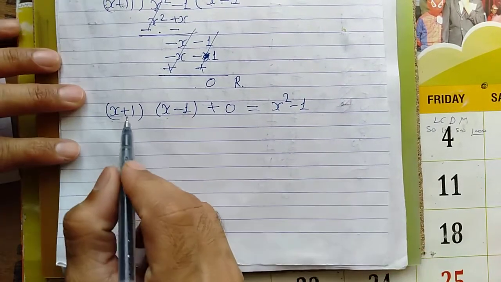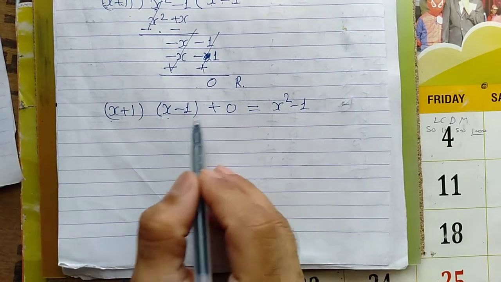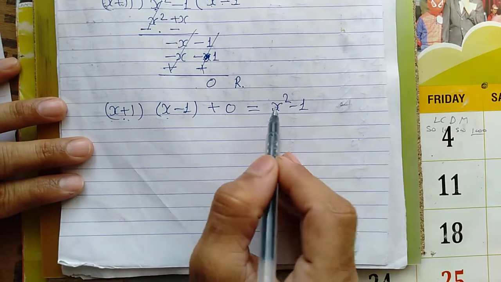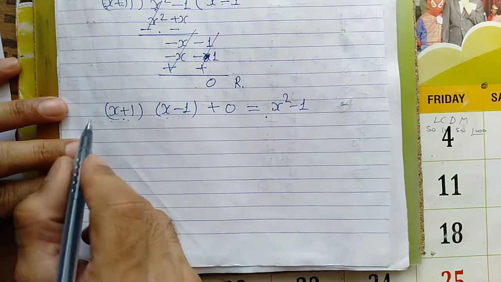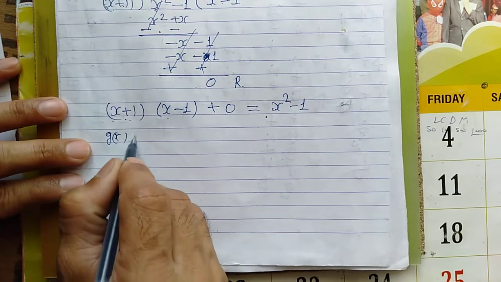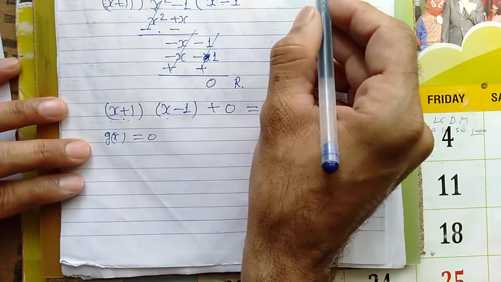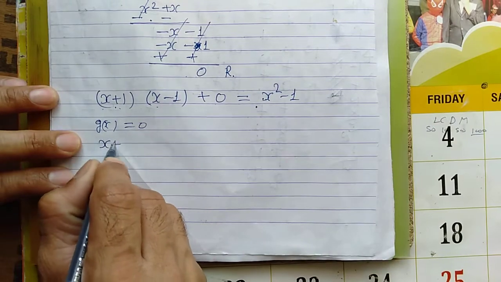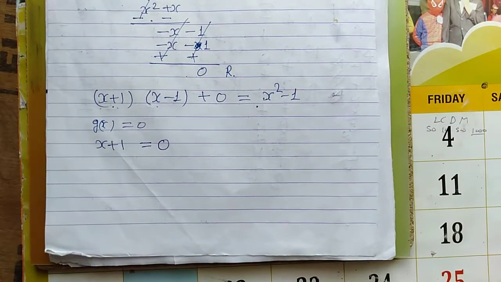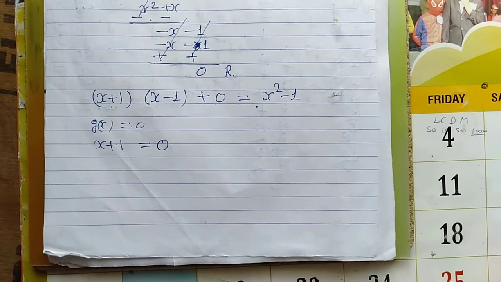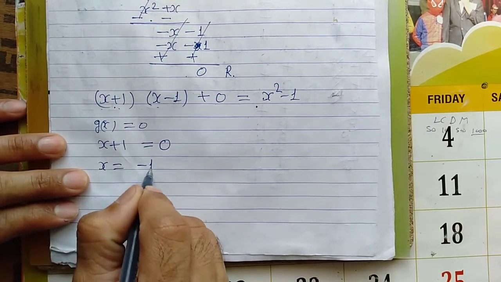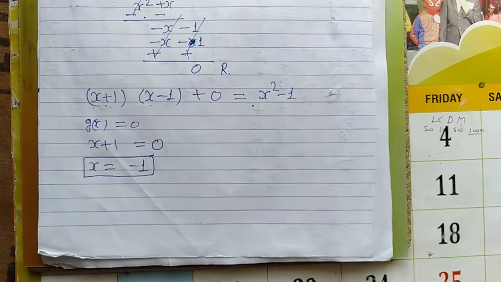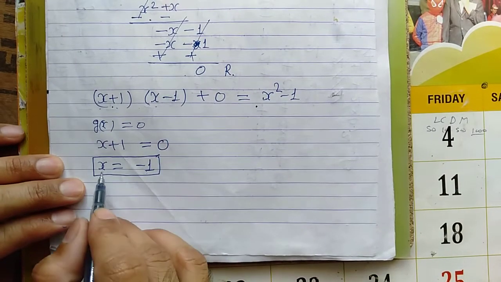Now see, as we know the remainder is 0, these are the factors. Now find the zero of this one and put it in. If 0 comes, then it really is a factor, so here we will take g(x) equal to 0. And what is g(x)? x plus 1, just as we took before. So g(x) equals x plus 1 equals 0. If x plus 1 equals 0, then the value of x will be equal to minus 1. So we can say here, in the last video we learned the zero of a polynomial. It means this minus 1 is the zero of this polynomial.